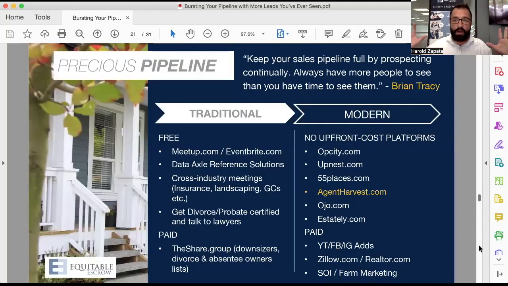55places.com. Again, you're not paying anything up front. You do pay on the way out. But hey, 75% of something is better than 100% of nothing, right? So